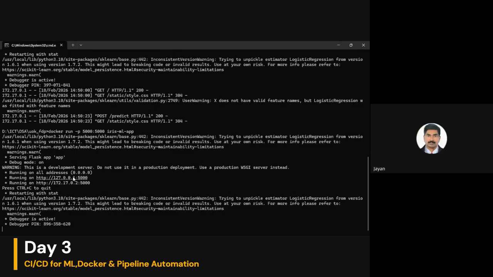So this time package installation and all is not needed? No, it happens only at the time of build. At the time of build, it is installing all the packages, and then at runtime it just runs. When you pass this to a new computer, opening it in another system, you have to build the same Docker image first and then run it. At build time everything will be installed, and after that you can just run the application.